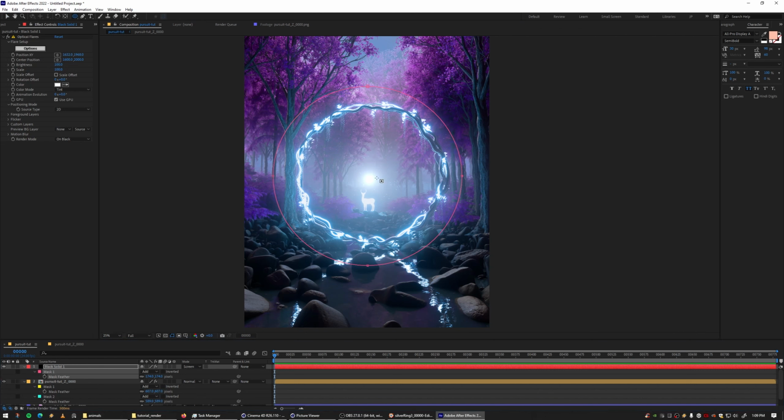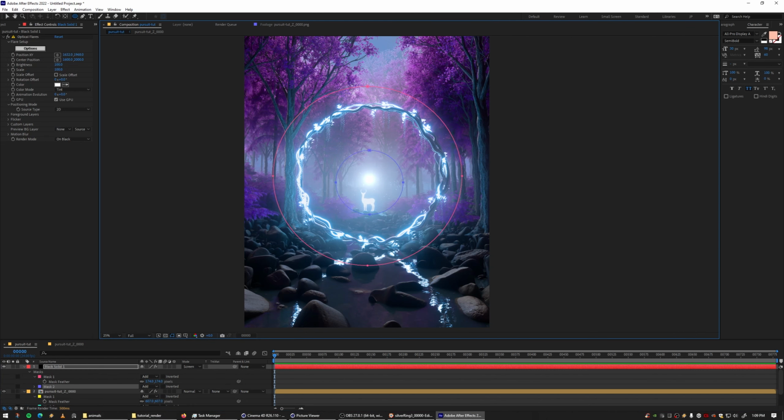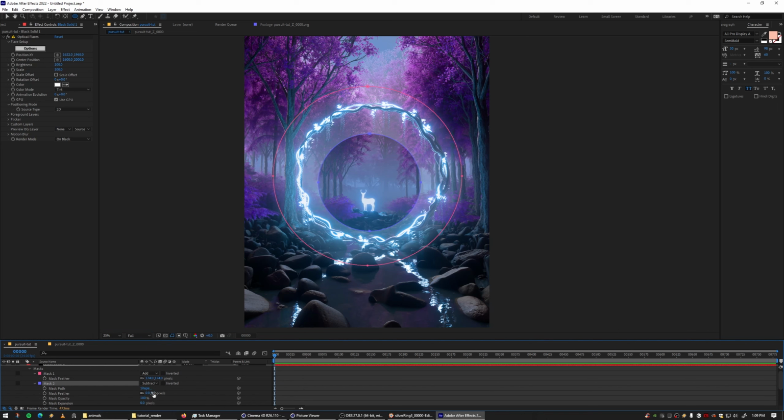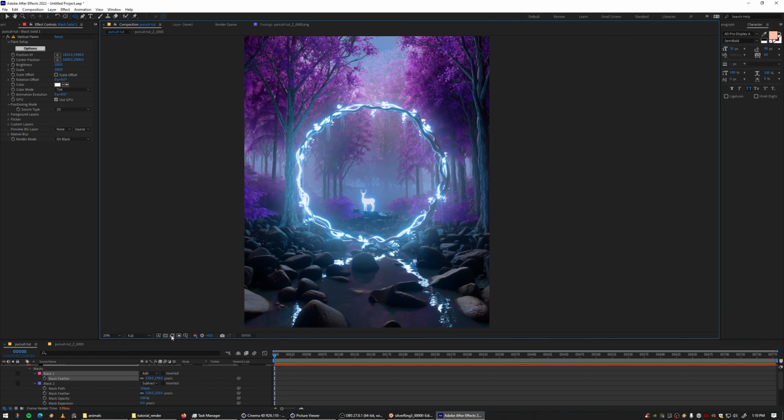And then we'll draw another mask. If you hold Control-Alt-Shift, it lets you draw from the center, which is kind of nice. We'll set that one to subtract, and feather that out, feather, feather, and this button here will hide masks. So you can see